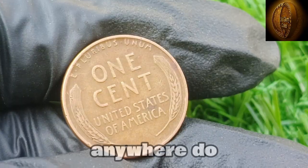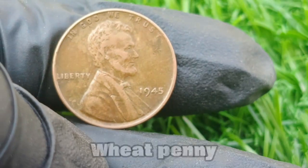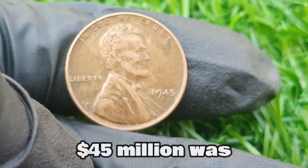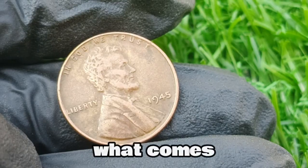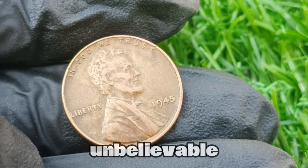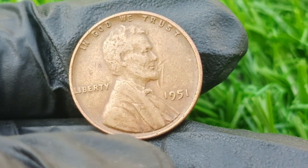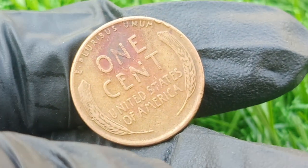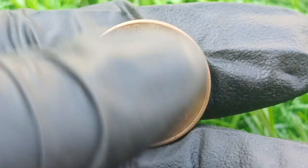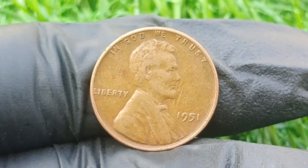So do not go anywhere, do not touch that screen, because if you thought the 1945 wheat penny valued at $45 million was extraordinary, what comes next is going to make this look like just the beginning of something truly unbelievable. Next, the 1951 wheat penny, and if you thought what we just told you about that 1945 coin was enough to make your hands shake the next time you reach into a change jar, then you need to buckle up right now, because what we are about to reveal about this particular penny is the kind of story that